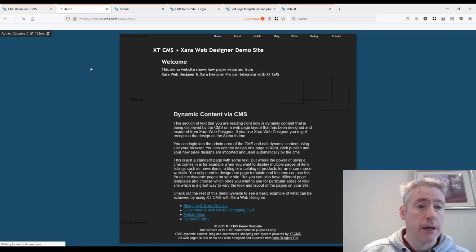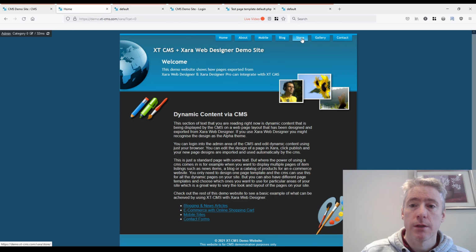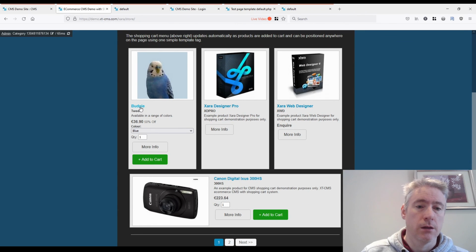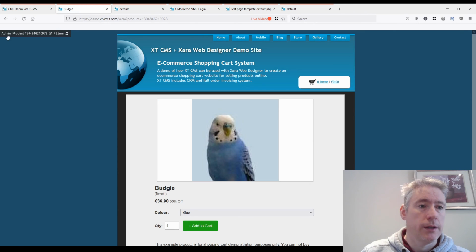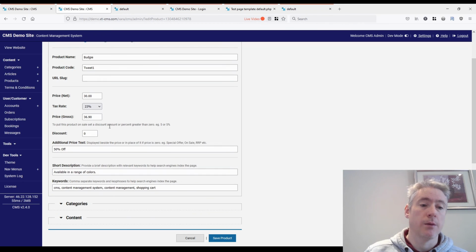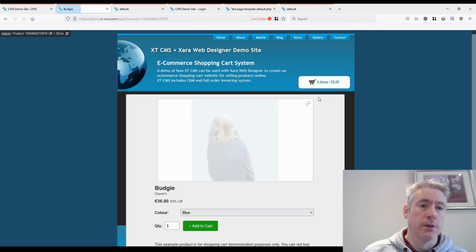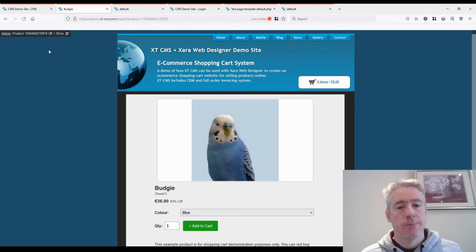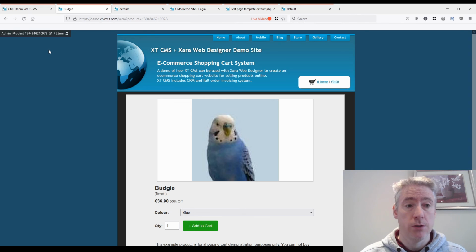So it links to what we're looking at in the back end, and gives us the ability to edit it easily. And so if I go to, say, the store page, and I click on this product here, it now shows me I'm looking at product 130. And I can click edit, and I can now quickly jump back into the admin area here and just edit that product. And then I can switch back. So it's a real convenience and quality of life feature that's new in version 3, and it makes a big difference.